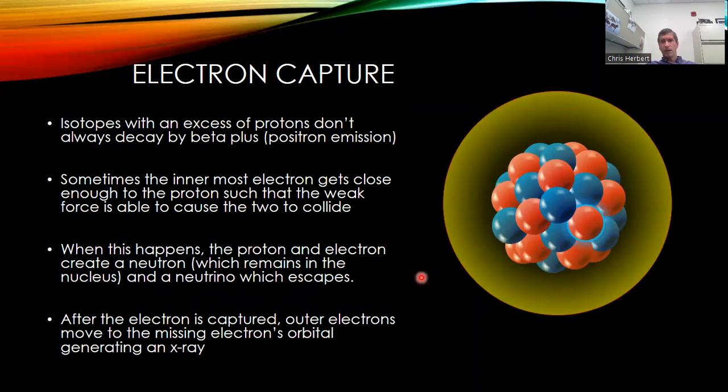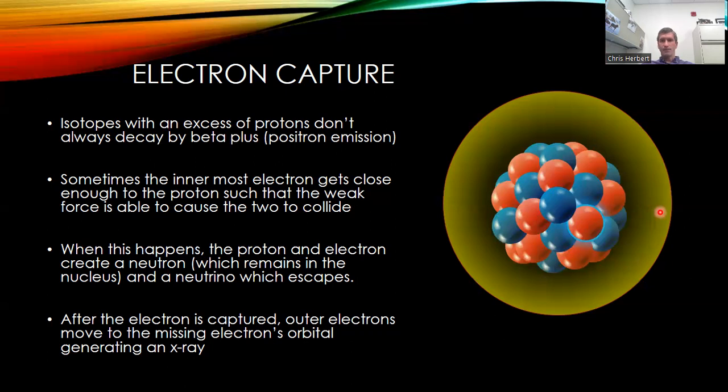Finally, electron capture. Electron capture happens when a proton interacts with a really tight orbiting electron. Now, this doesn't normally happen for lighter elements because we know the Bohr radius is about 10 to the minus 10, 5 times 10 to the minus 11 actually, and the nucleus itself is 10 to the minus 15. But the Bohr radius becomes smaller and smaller. I should say not the Bohr radius, but the radius of the electron waves becomes smaller and smaller and smaller as we go to higher and higher